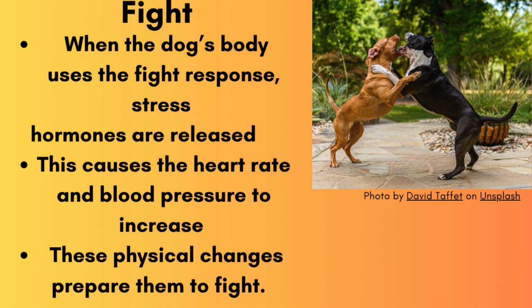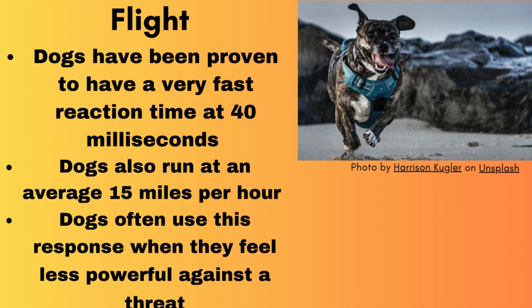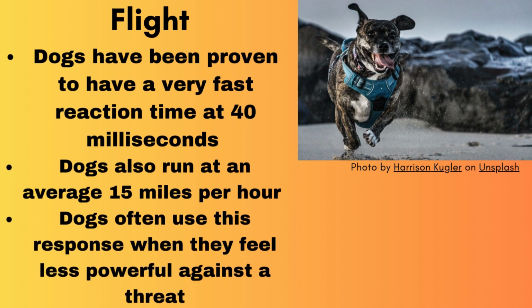The fight response in dogs is fairly similar to humans. They both describe when a species tries to use aggression to scare a threat off. With dogs, this happens when a stress hormone is released that prepares them to fight. This can also cause heart rate to increase, as well as blood pressure. Next is the flight response. The flight response in dogs looks almost identical to humans. However, dogs have a quicker reaction time, making this a more applicable response.